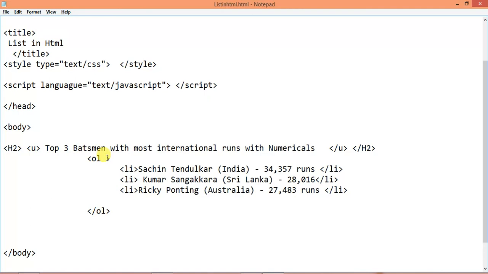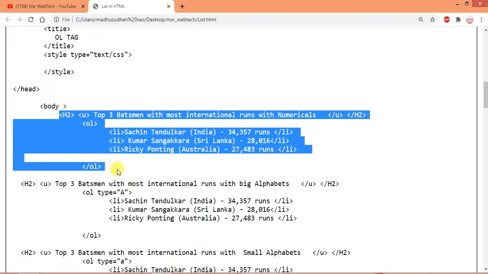So just Ctrl S. For the heading underline, I use U, then the ordered list, and the ending tag of the ordered list. Sachin Tendulkar is first, second Kumar Sangakkara, third is Ricky Ponting, enclosed within the list item tag. Just Ctrl S and refresh the page.